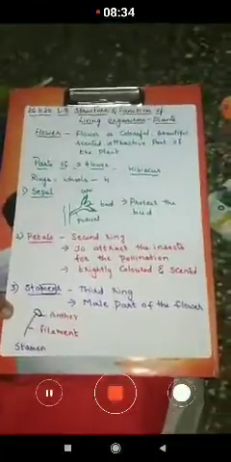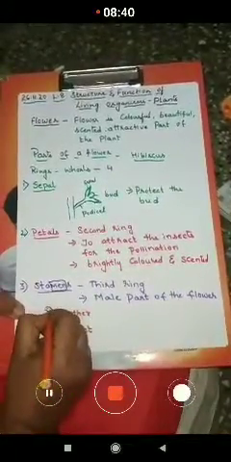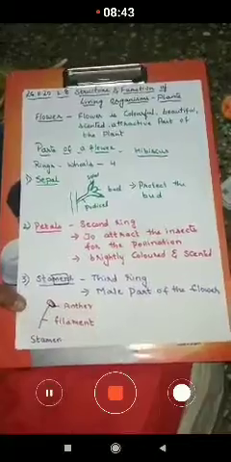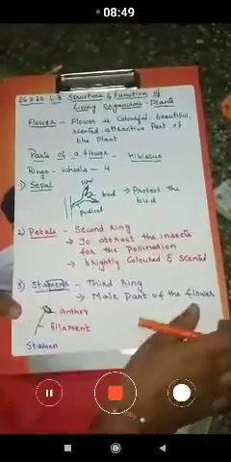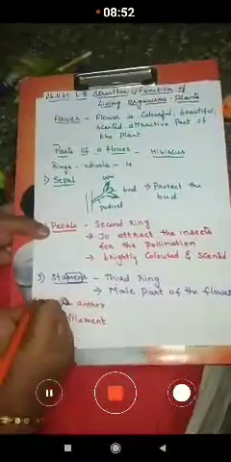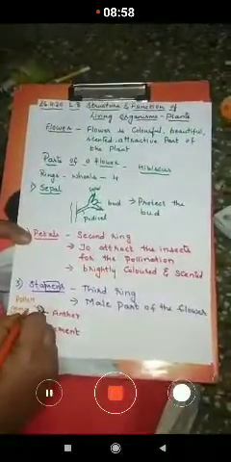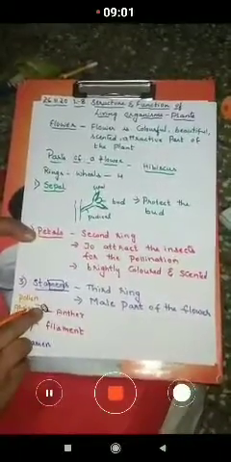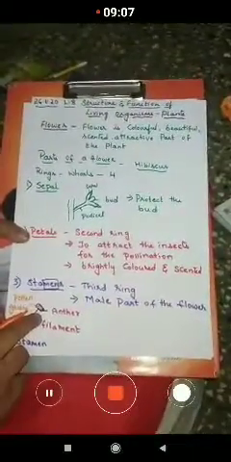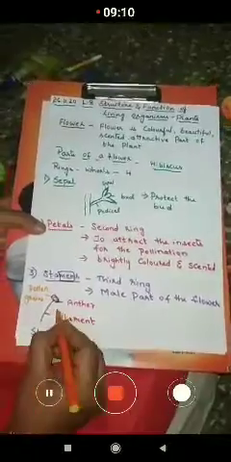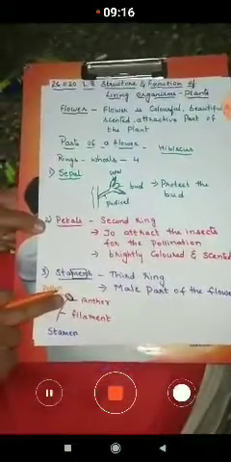Now in the anther you can observe the pollen grains are present. What are present, children? In anther, it is a bag-like structure. It contains, it produces, what does it contain? It contains the pollen grains. Okay. So these pollen grains take part in the reproduction. So filament, what is the function of the filament, children? It gives support to the anther.